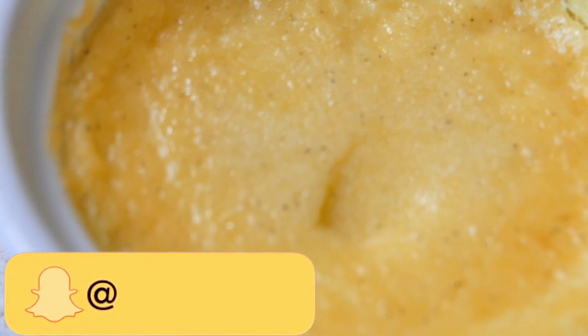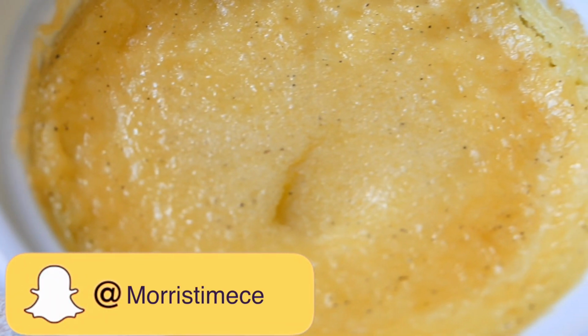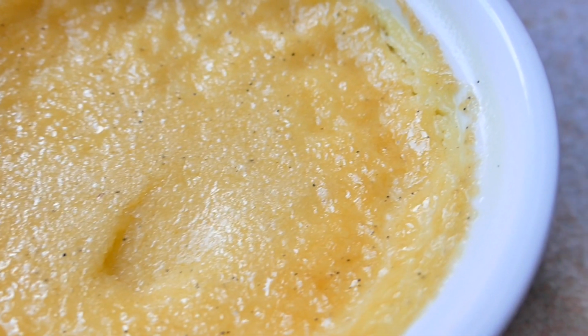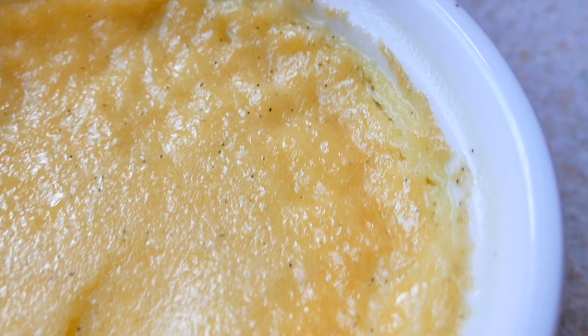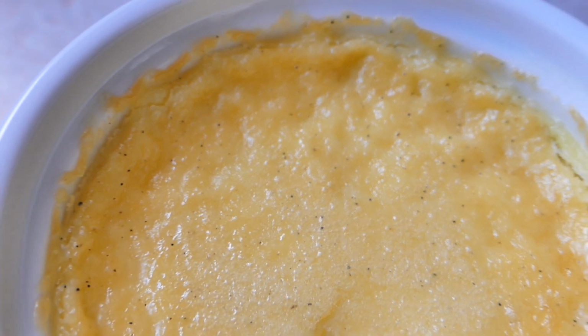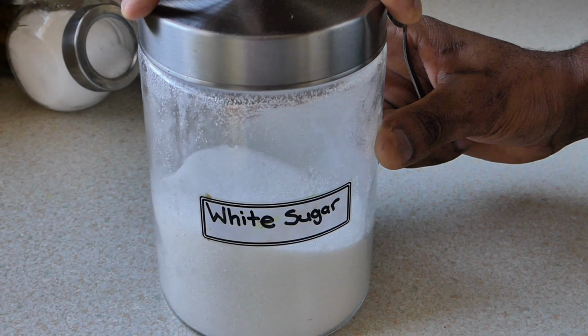We'll be right back. So the creme brulee has been resting in the fridge for 2 hours just to firm up a bit. So you saw the process where we had it baked, remove it from that water bath, and then we put it to cool for 10 minutes on our cooling rack, and it has been sitting in our fridge for over 2 hours. So now it's nice and firm. So the next step you want to do